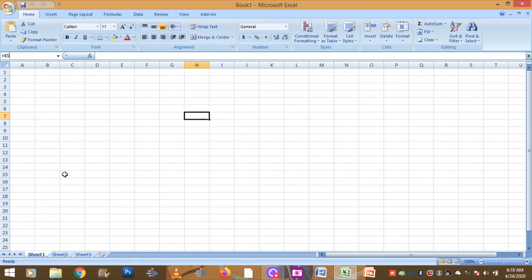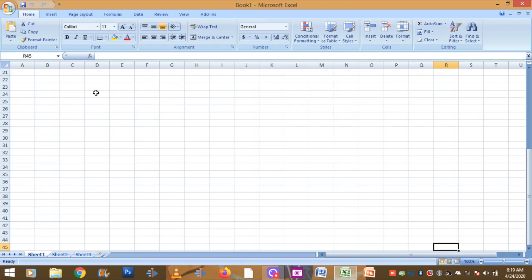By pressing the Enter key, you can move the cell pointer to that particular location. You can see here, this is column R and row 45. So we can find the address of a selected cell and we can move the cell pointer to a location with the help of the address bar.